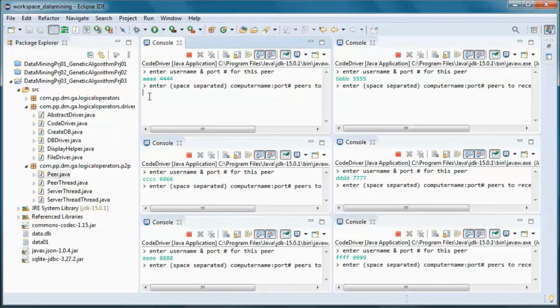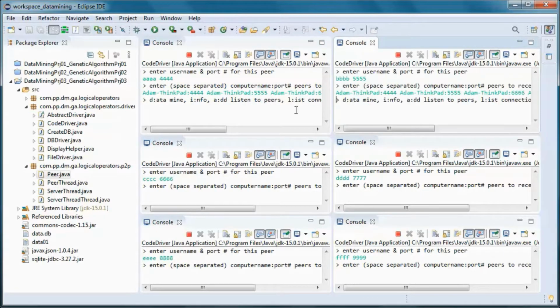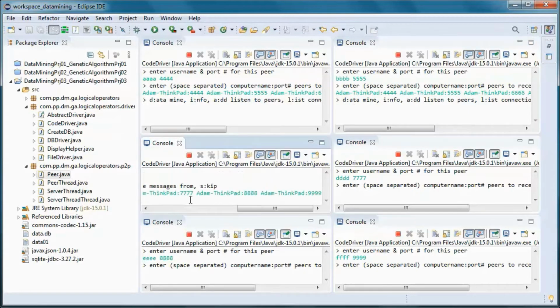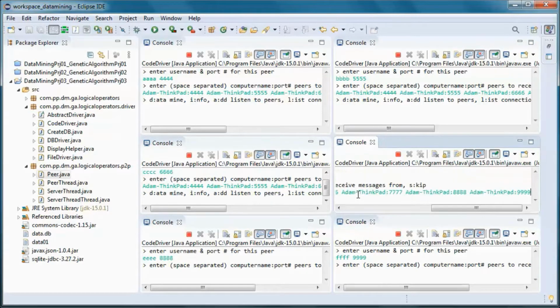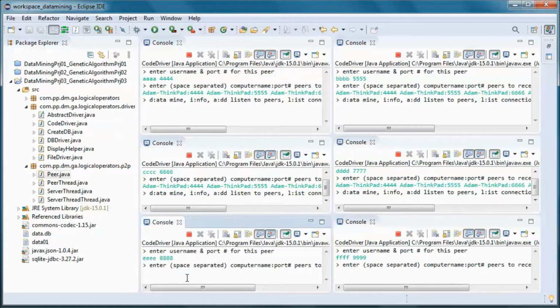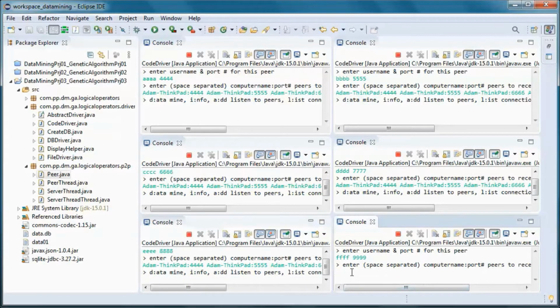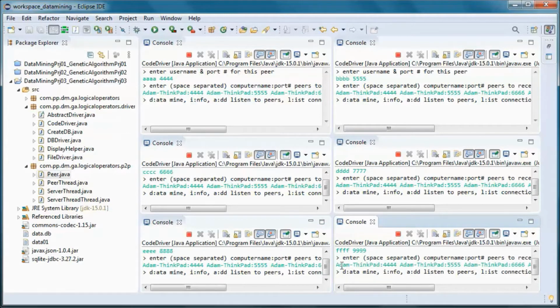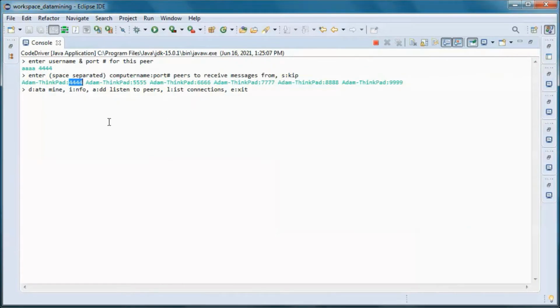And each one of the peers will pick up messages coming from all others. So this is my machine name, and this is port number, for each one of the peers that we're picking up messages from.